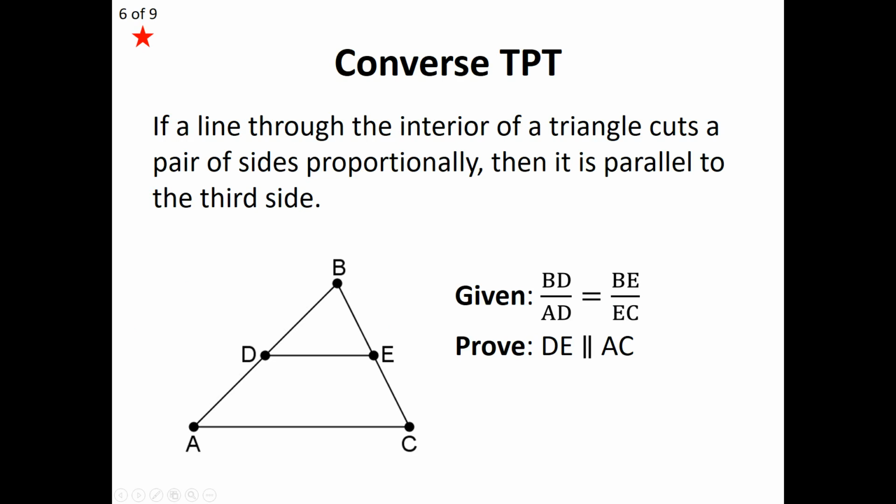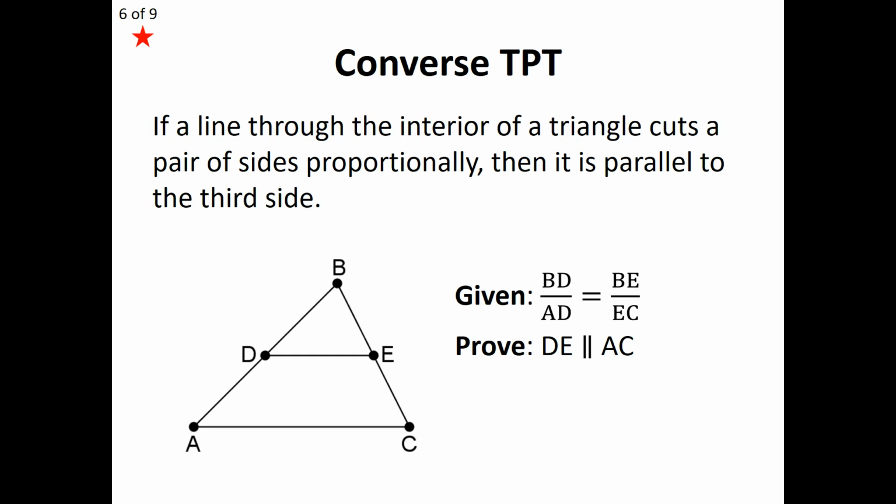Now, the TPT has a converse. So the converse TPT, what does this state then? Well, think about what we do with the converse. We exchange our given and conclusion. So our converse states this. If a line through the interior of a triangle cuts a pair of sides proportionally, then it is parallel to